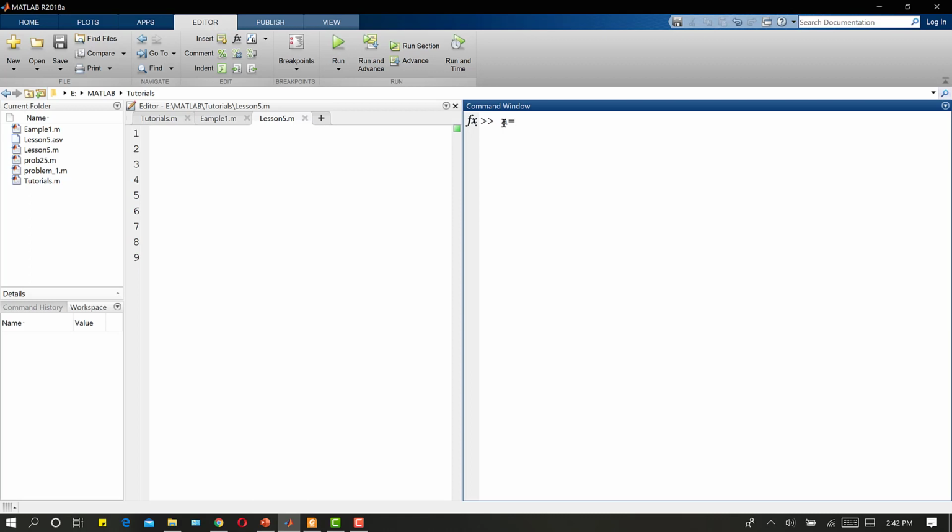I will write A, then square brackets 2, 3, 4, and if I want to go to the next row, I will write a semicolon. Then I will write 5, 6, 7, and close the brackets. If I press enter, we now have a matrix, an array of 2 rows and 3 columns.